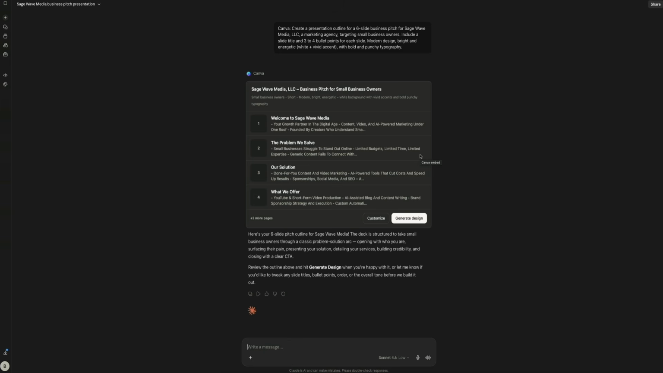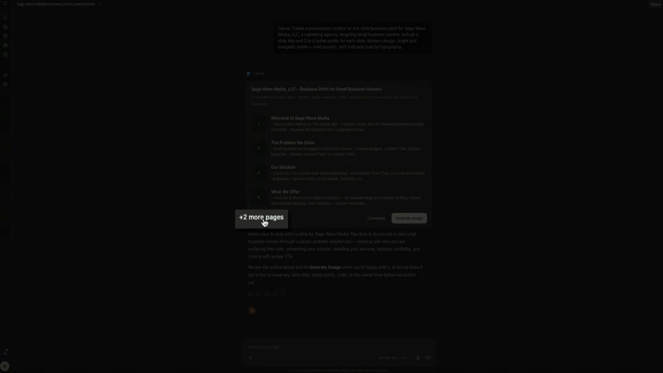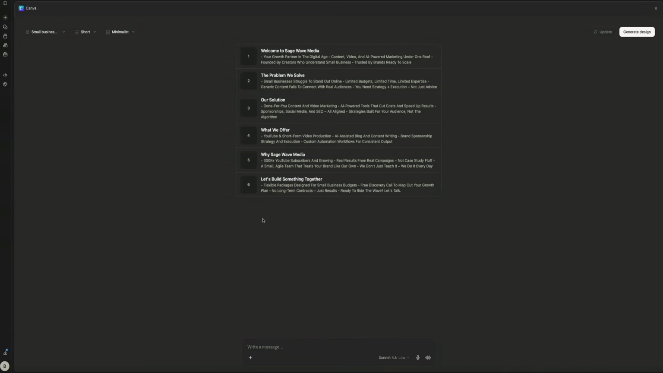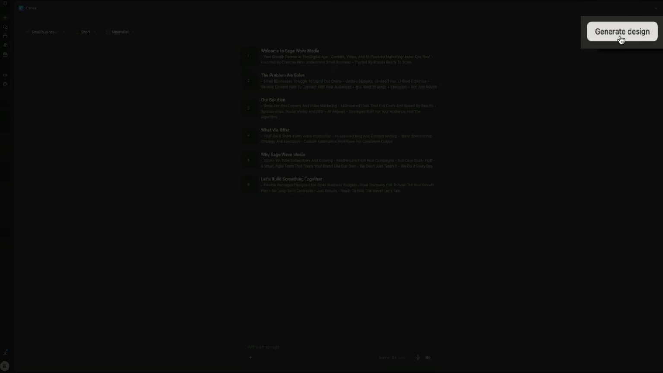You could see the first few slides listed, but notice that it shows a +2 more pages link in the bottom left of the card. Go ahead and click that, and that will expand so you can see the full outline before you do anything else. It's worth reviewing every slide to make sure the structure and talking points are what you want. Then, if you're happy with it, click the Generate Design button in the upper right corner,